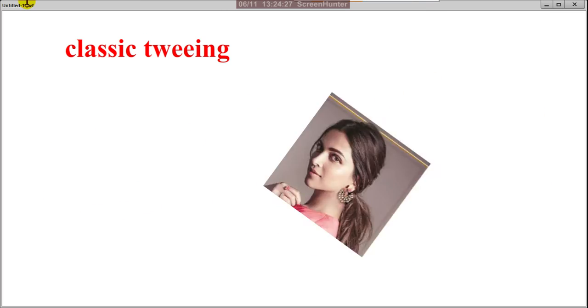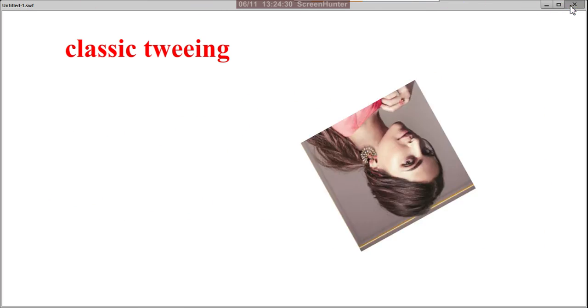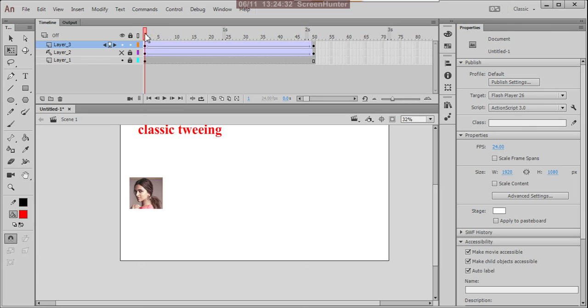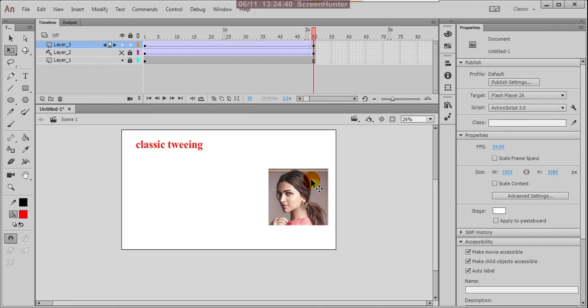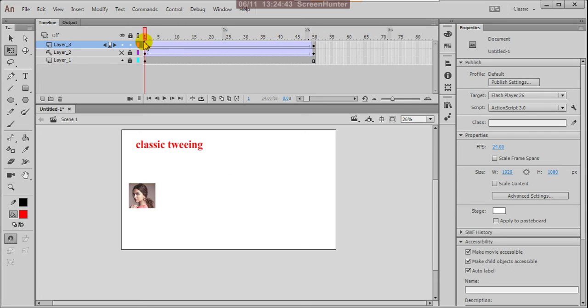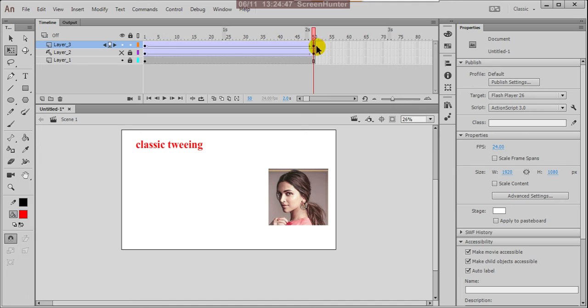Okay, after reaching there, suppose you want to hold this animation, because after reaching the last frame, 50th, with no other frames, it is looping, connecting back to the first frame.